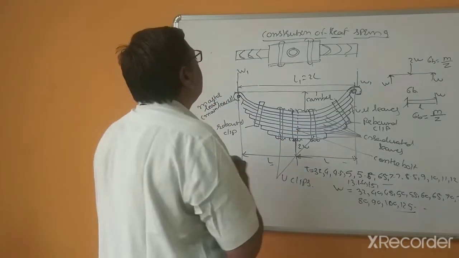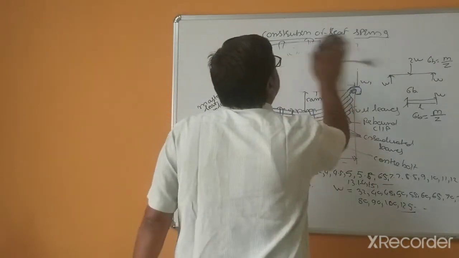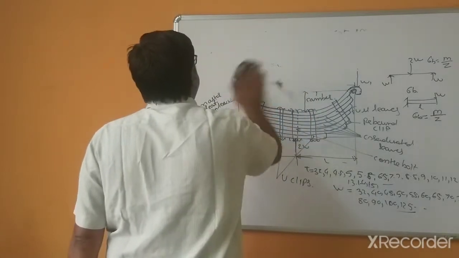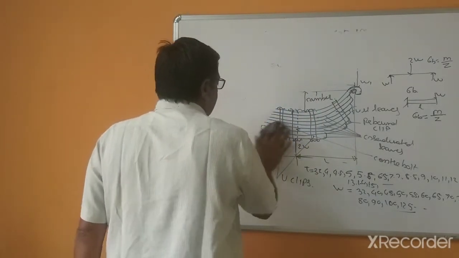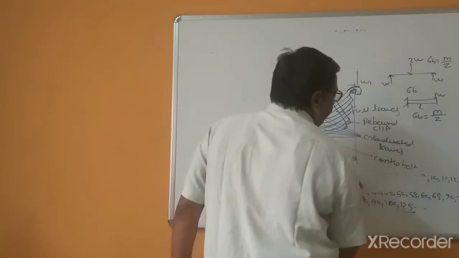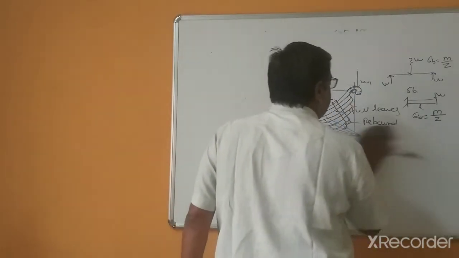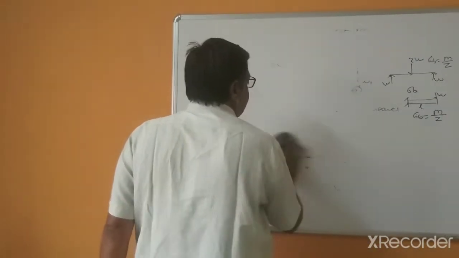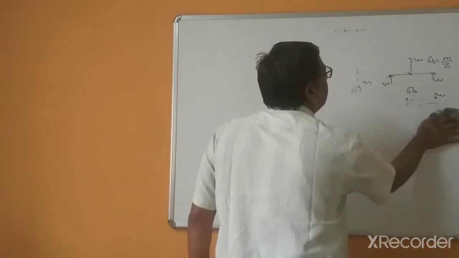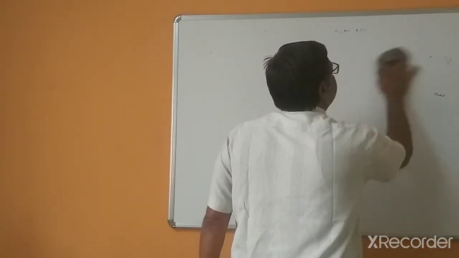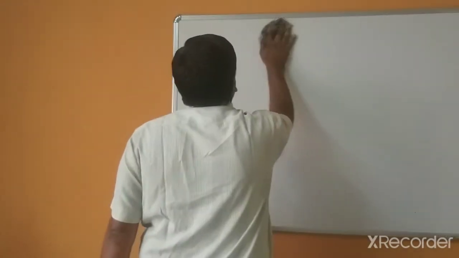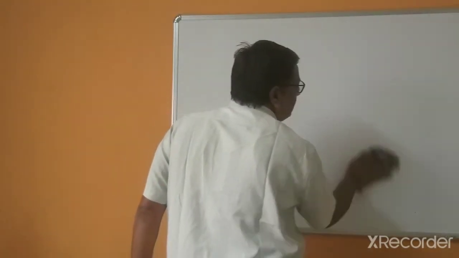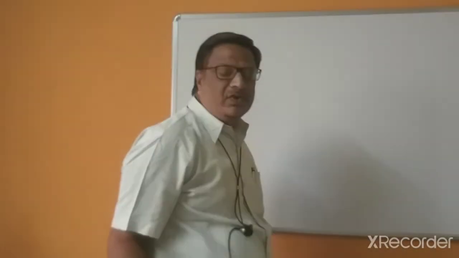Now we will see what the design procedure for the leaf spring is, or what the stresses induced in the leaf springs are. Generally in leaf springs, the stresses induced are shear stresses and bending stresses. So first we will see bending stresses. Generally there is no need to consider the bending stress and shear stresses simultaneously.